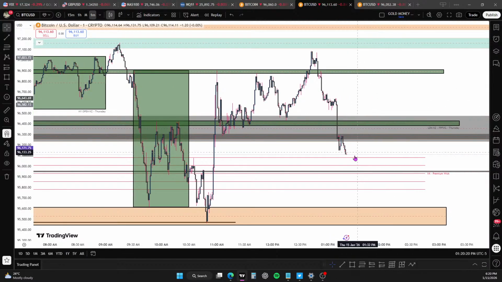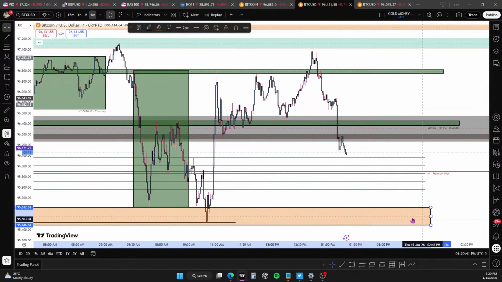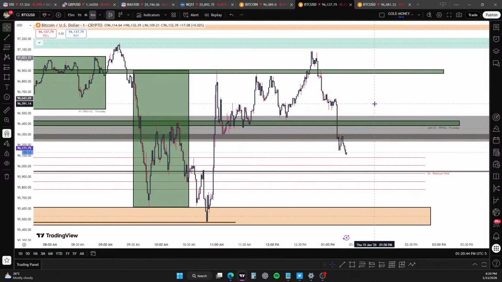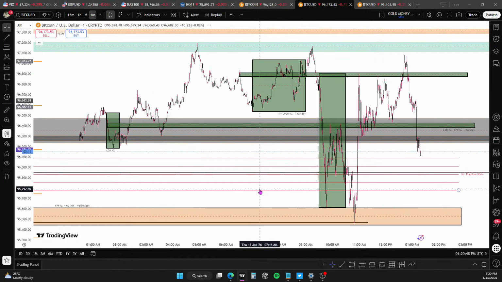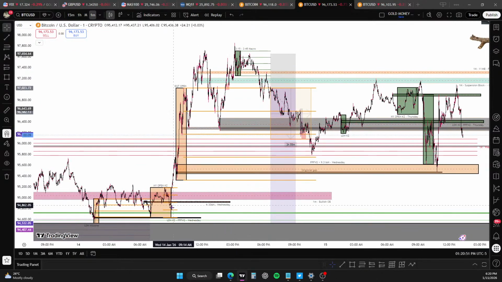Where do you think we're going now? I think we're gonna have some kind of wicks that are blatantly obvious on exact perfect lines in this area somewhere. Or something obvious about this. I don't know. Do you think we'll come all the way back down into here? I'm not really sure, to be honest. I'm really zoomed in onto the chart right now. I'm not looking at overall narrative. I know what the overall narrative is, but what's underneath this, I don't know about that, to be honest, mate.